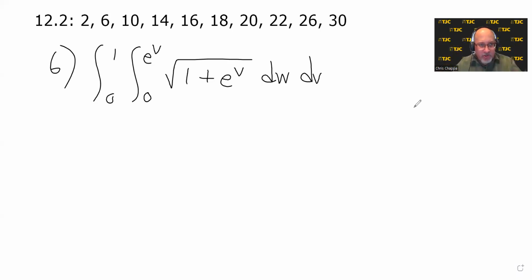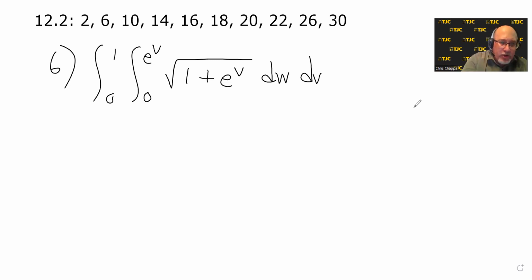Homework 12.2, question 6, doing another iterated double integral. Integral from 0 to 1 of the integral from 0 to e to the v of the square root of 1 plus e to the v dw dv. We'll do the inner integral first, the dw one. We really don't have a choice because the inner integral's limits of integration contain v, so we must do dw